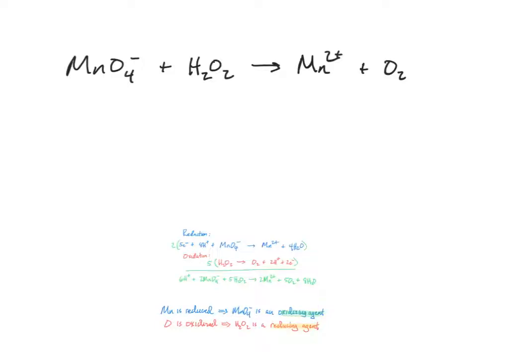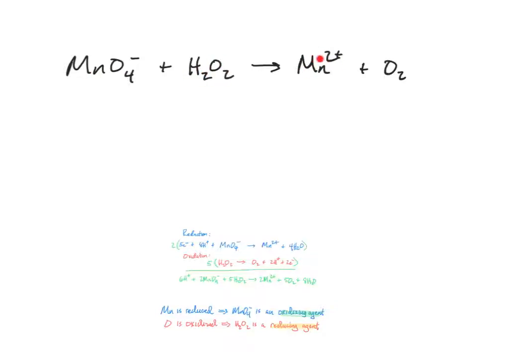Hi everybody. We're going to do another video here on balancing a redox reaction, and I want to go through this because this particular example has a couple of little tricky issues associated with it, but I also want to have a chance to go through some terminology in a little bit more detail, so hopefully everybody is comfortable with this idea. So I'm going to go ahead and balance this reaction between permanganate and hydrogen peroxide